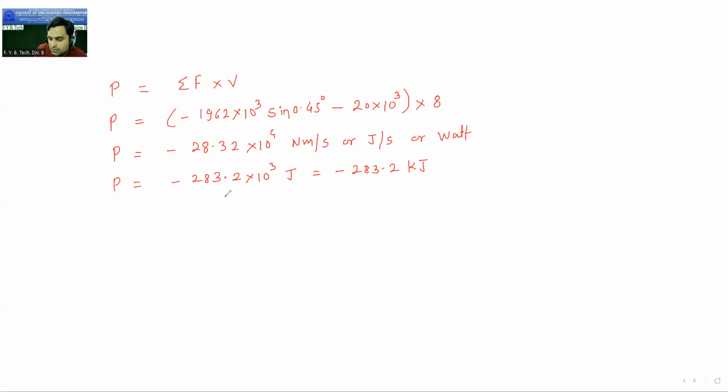So it is minus 1962. Sine of minus 1962 into 1000 into sine of 45, minus this one